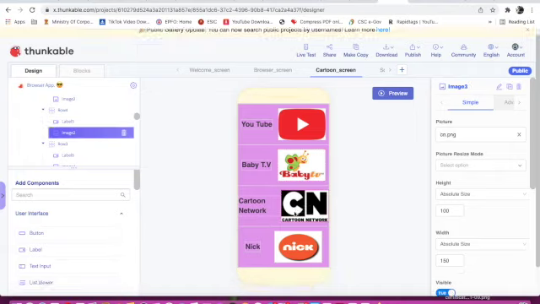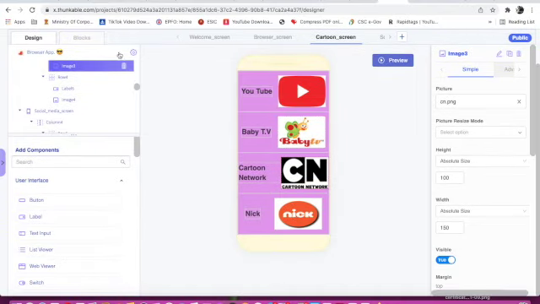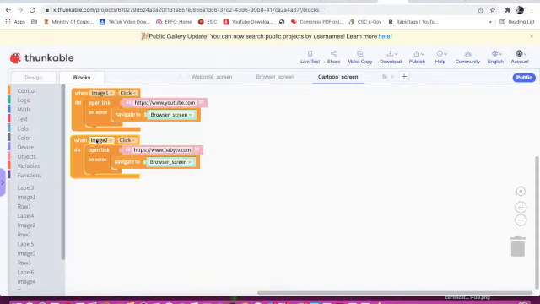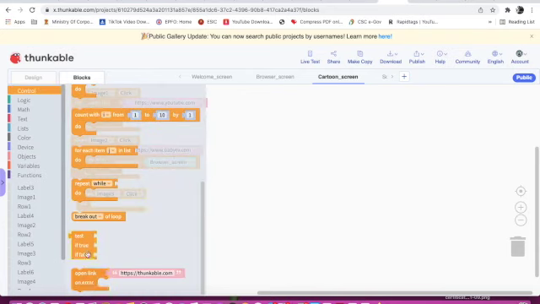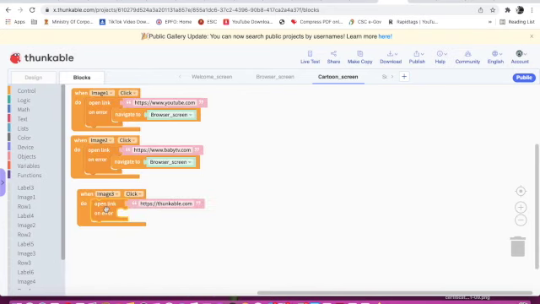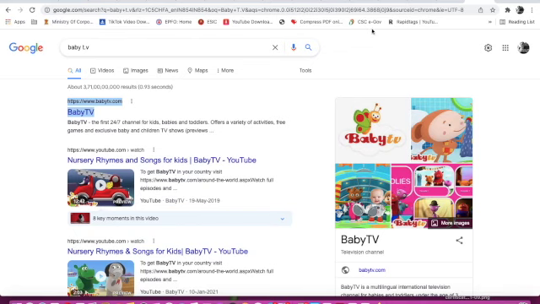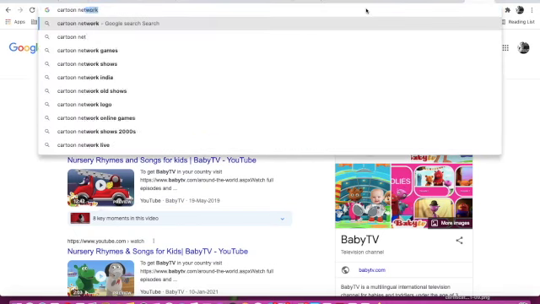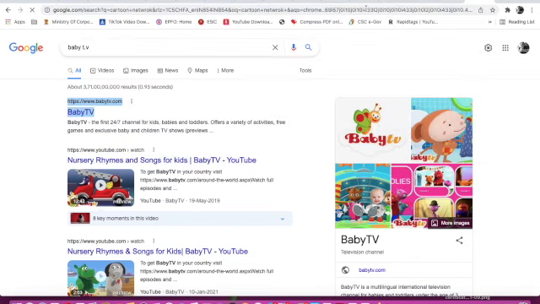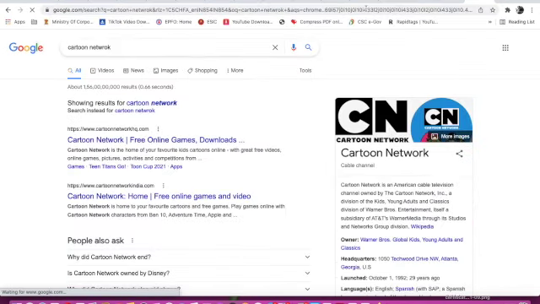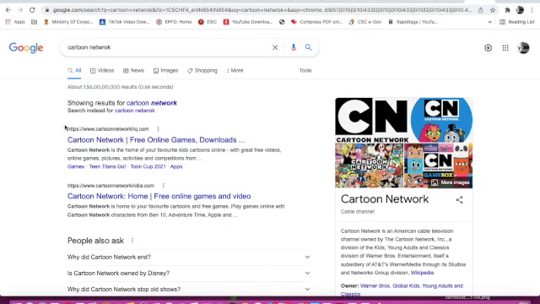So here this is image 3, Cartoon Network. Okay, image 3, I will go to image 3. I will go to Control and I will take this last block. Here I will search Cartoon Network. I will copy this link.